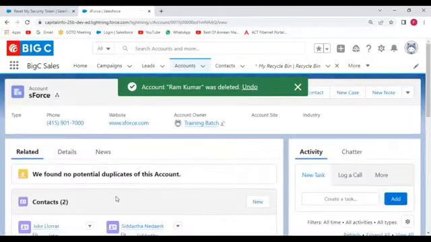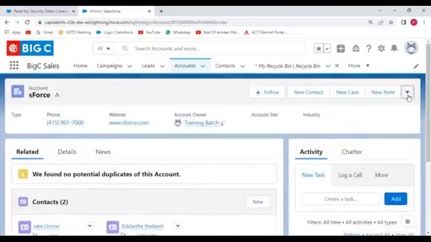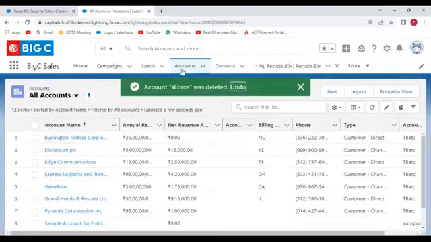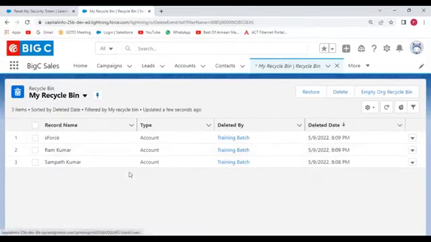We have one more record, S-Force. I'm deleting it. So now tell me, in my account object, how many records are available now? 12 records are available. In my recycle bin, I have 3 records. Okay, 12 records are available inside my object and 3 records are waiting in the recycle bin for the permanent